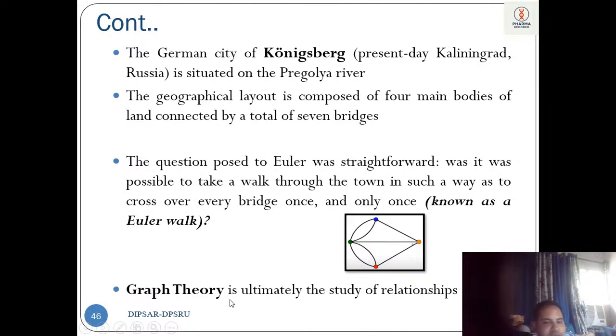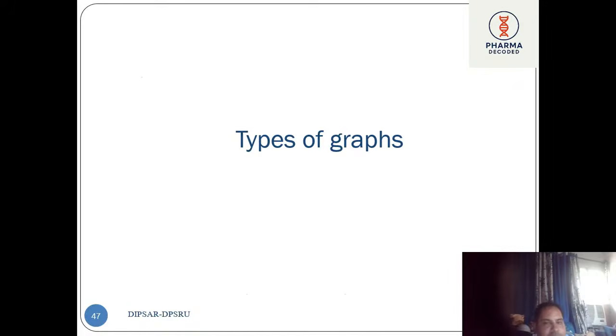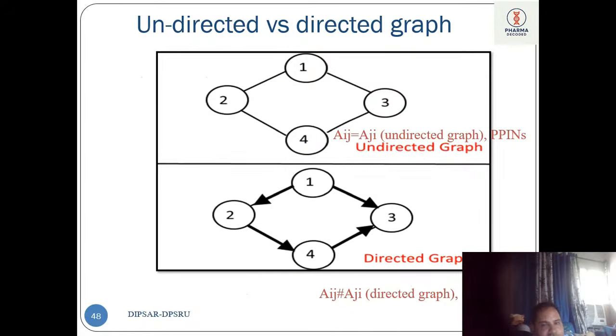So what is graph theory ultimately? If someone asks you what is graph theory, you are talking about it with respect to networks. Graph theory is the study of the relationships with each other, right? So network is based on that. And when we talk about different types of graphs, a graph can be directed, or a graph can be undirected, right? So undirected graph,